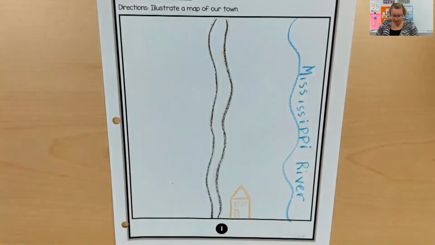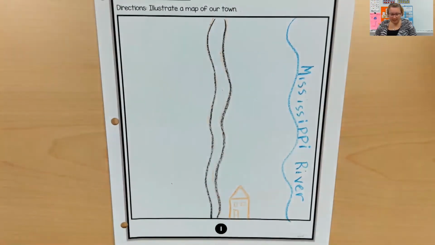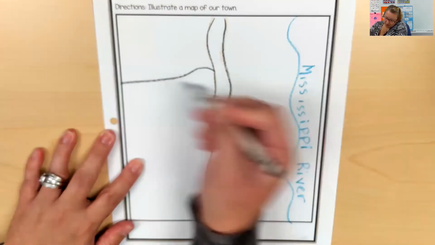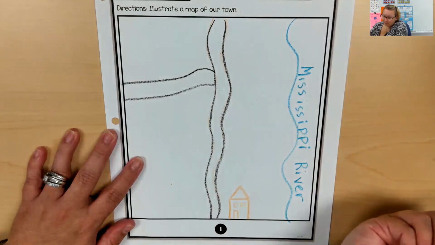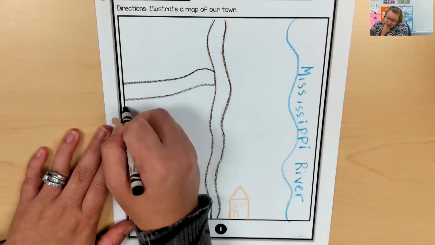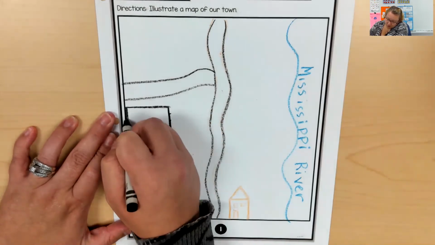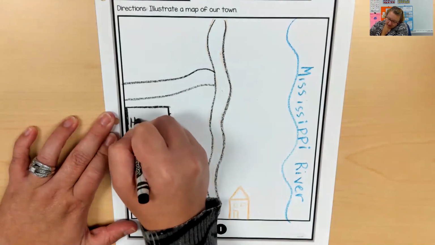So when I drive to school, I just have to leave my street and I go this way. So I probably need to add another street to show you. So this street takes me to my work. And I work at a school that's called Hancock.